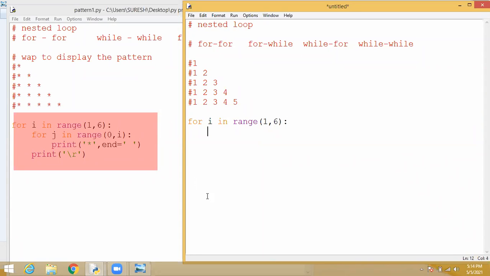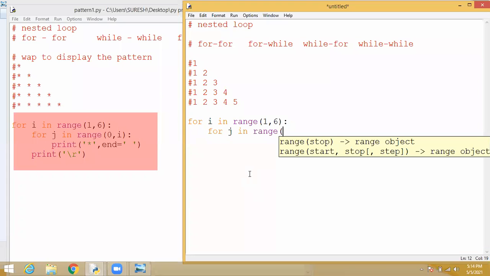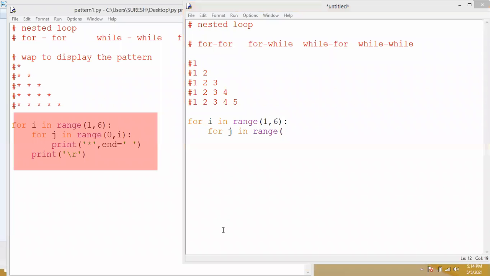Then in the inner loop we have to set what it is going to print. So the same thing we are going to use: for j in range. What do we have to give in the range, students? So how will 6 lines come, sir? Not 6 lines, students. This 6 means it will end at 5. Students, understood? Yes, sir. Everyone understood or not? That is what I am asking daily.